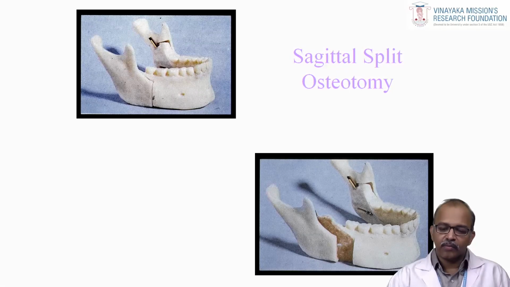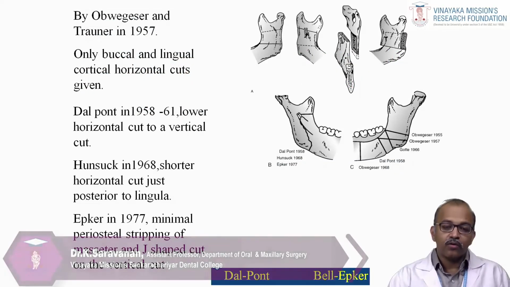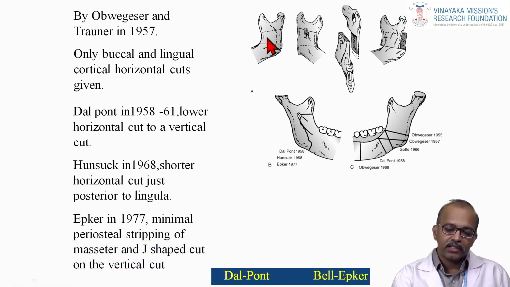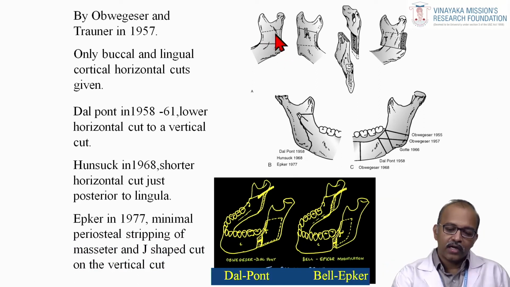Sagittal osteotomy, BSSO, bilateral sagittal split osteotomy. This is a popular technique that is being done for minor corrections, lower jaw corrections. Abwegeser and Trana, he was the one who first identified and advocated this technique. He placed a buccal incision lower and then a medial incision like this, and he made a cut horizontally. Later Dupont